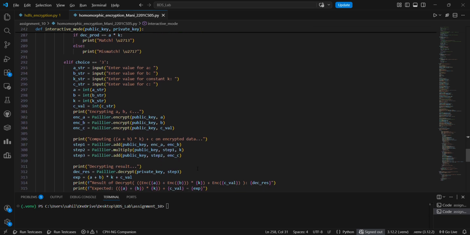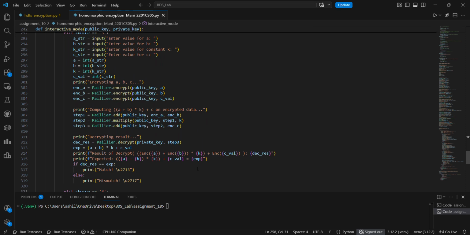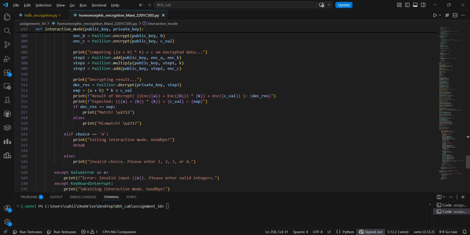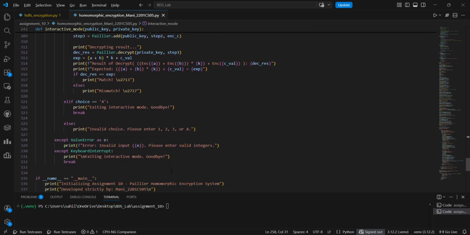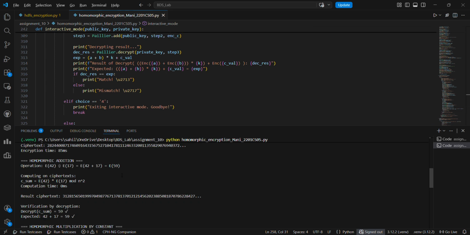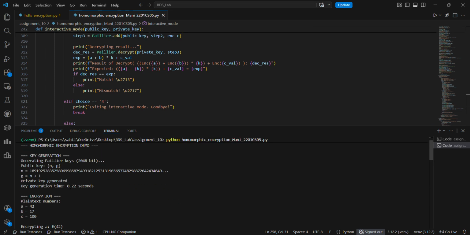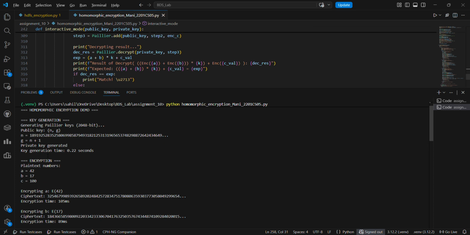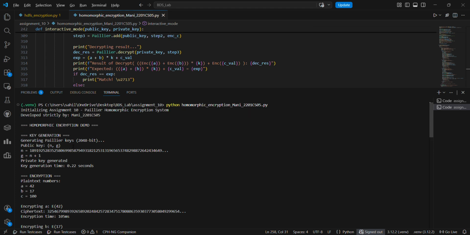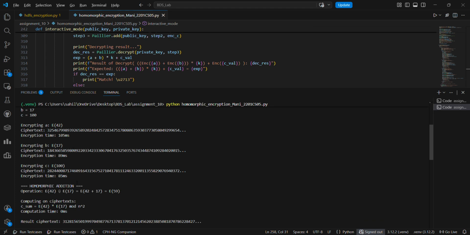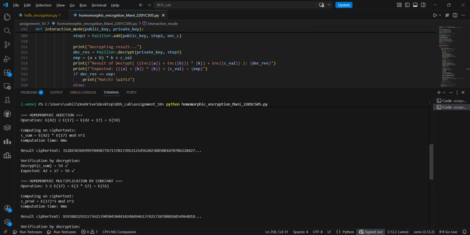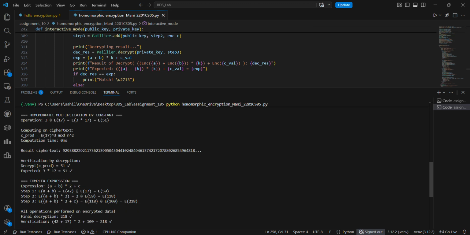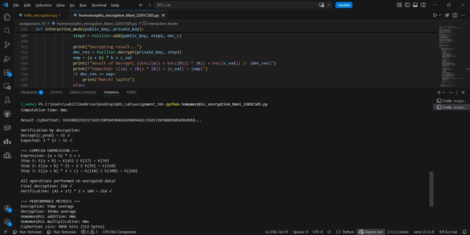Demonstration and interactivity. Now let's see. To prove that this isn't just theory, I built an interactive test script. Let's run it. So here, as you can see, the automated demo instantly calculates extremely complex expressions like A plus B, whole times 2, plus C, processing everything entirely on the encrypted data and verifying that the final decrypted result perfectly matches the